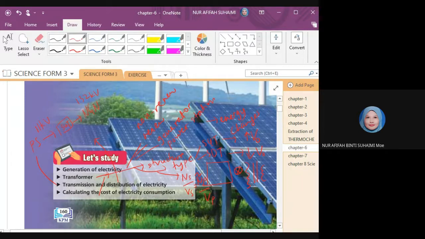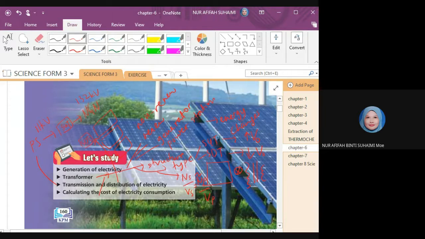Branch substation, main substation. So the voltage will be decreased according to the usage. This one we divide into heavy industry, light industry, and home. This one has a certain value of the voltage after passing through the step down